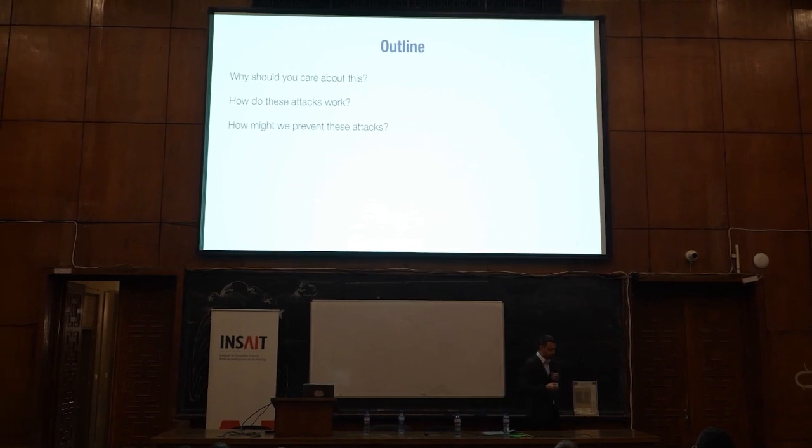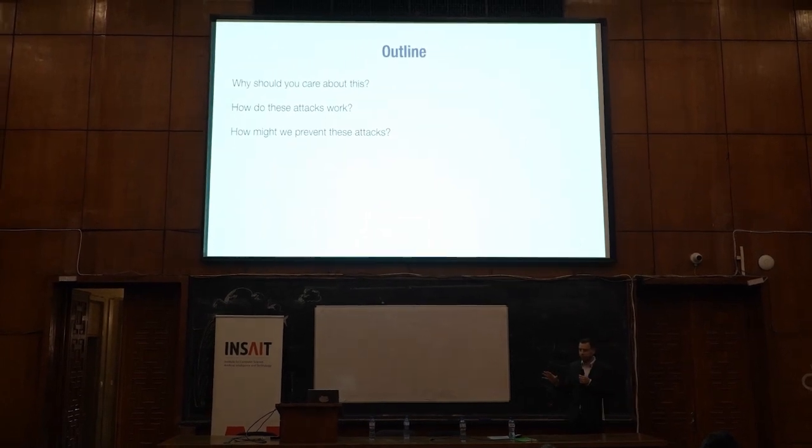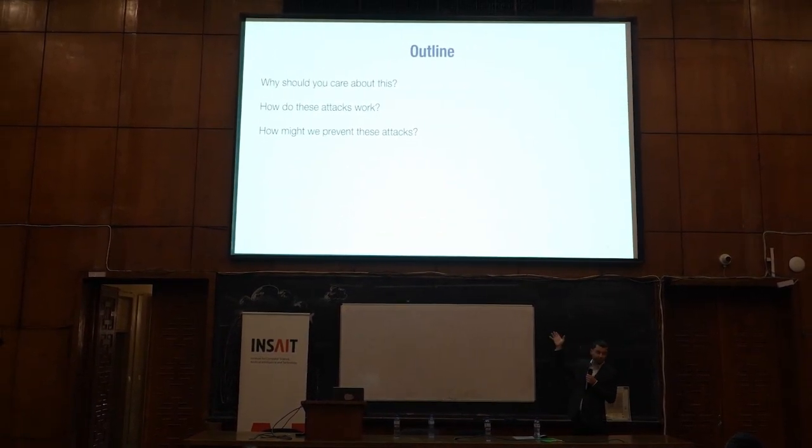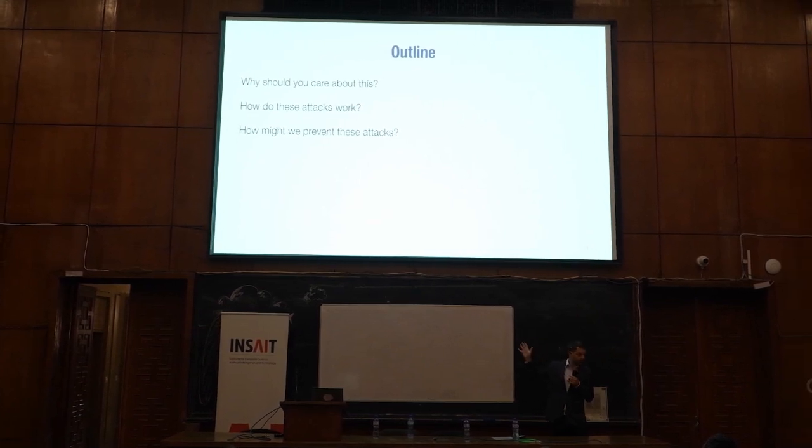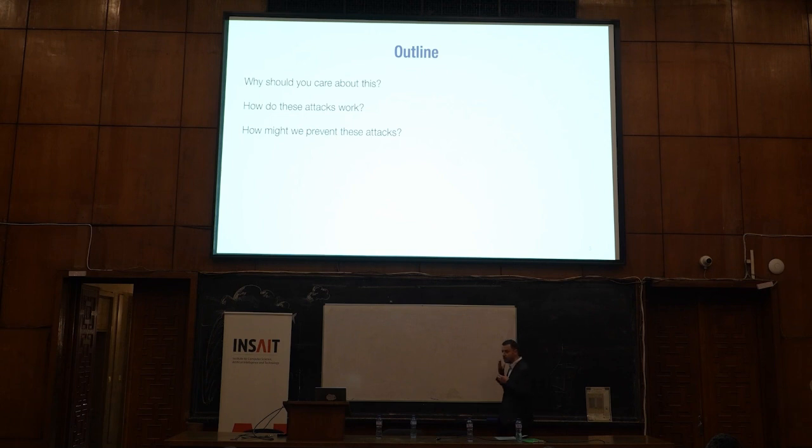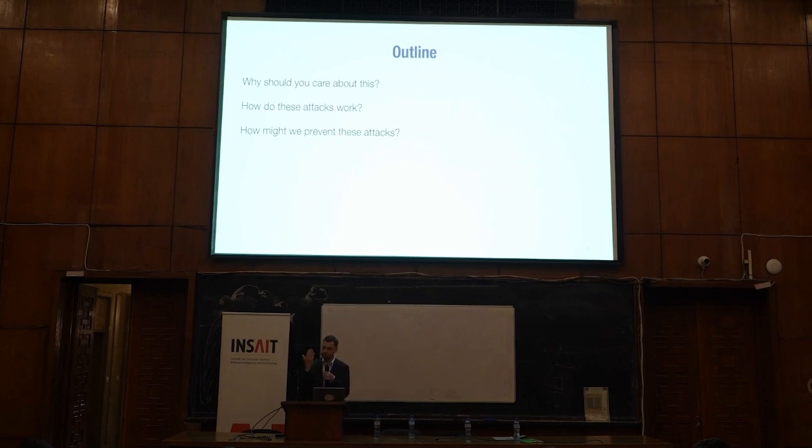Briefly, why you should care is that even if you don't care about how to hotwire a car, the companies developing these models don't want them to tell you that. And what this really reflects is our inability to control our current models and make them follow the instructions of developers, which has maybe minor consequences here, but potentially much more major consequences going forward. I'll then describe briefly how these attacks work, how we actually break models in this way. And finally, I'll talk about how we might prevent these attacks. And here I'll highlight work going on currently at our startup.